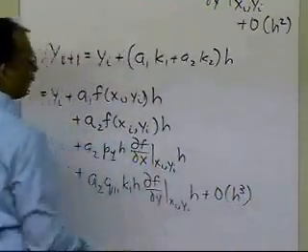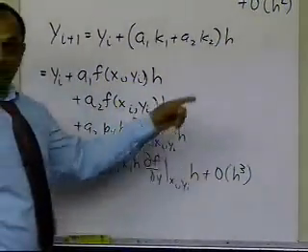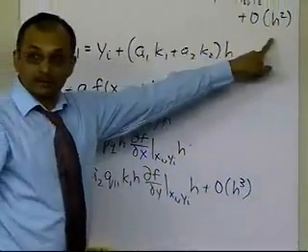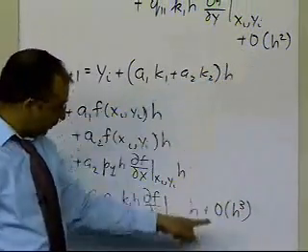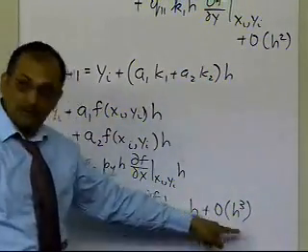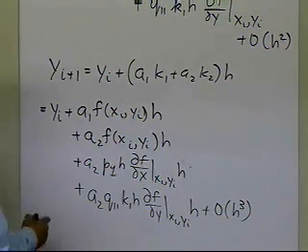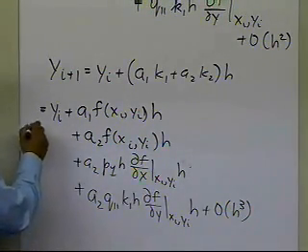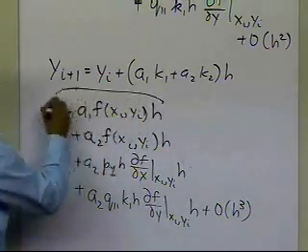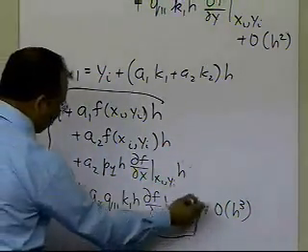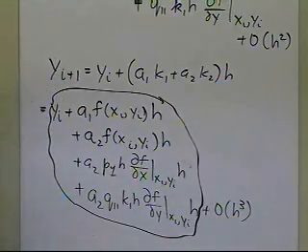The reason why there are order of h cubed terms is because it's of the order of h squared right here. This is of the order of h squared right here. So since I'm multiplying by h, I'll have the order of h cubed terms right there. So what I'm going to do is take this expression which I have for y of i plus 1, and I'm going to equate it to the terms which I got previously, which are right here.